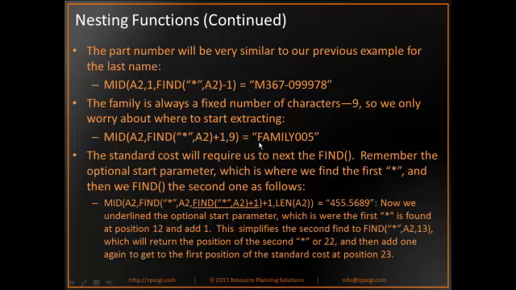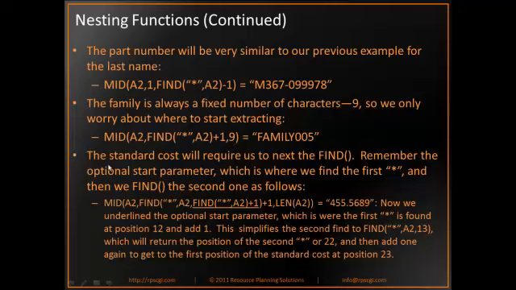Now, conveniently, all our families are 9 characters, so we can just extract 9 characters. Now, if this was sometimes 8, sometimes 6, sometimes 7, we could figure that out. It would take a little bit more logic here at the third position to figure out how many characters. But for example, what we would do is find the second asterisk and adjust the length